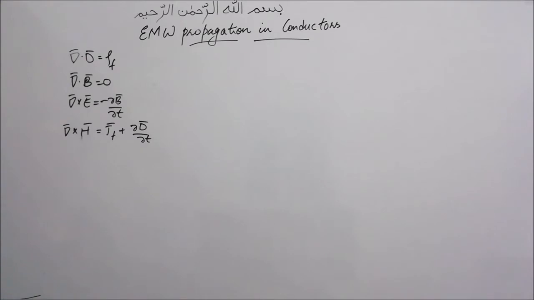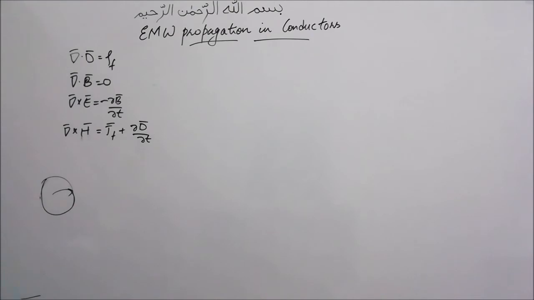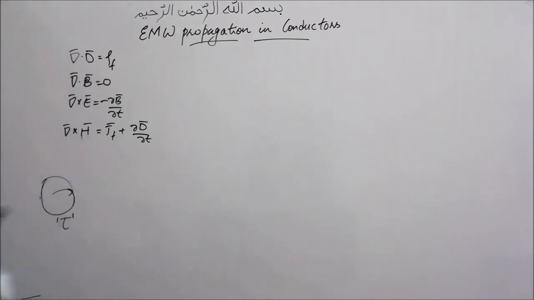And we have also seen that charges do not reside inside the conductor, they reside on the surface of the conductor. So when you take a conductor and put some charges inside it, they will take some time to come out onto the surface. The time that they take to come to the surface is called the characteristic time or the relaxation time tau, which we will look at later.